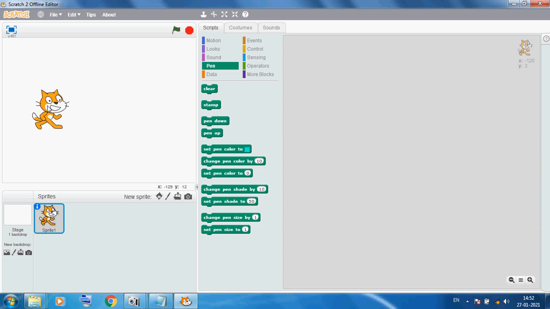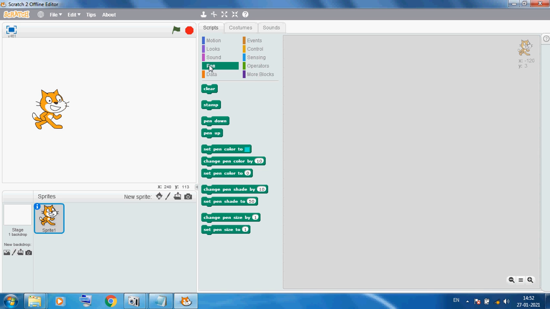For this purpose we use pen block. There are so many different kinds of things we can use with the help of pen block, like clear and stamp, so here we can use some coding.